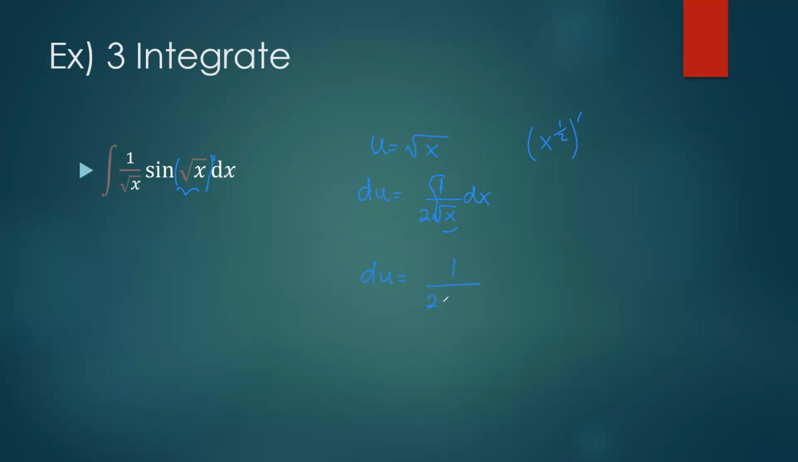And how would you do so? By multiplying both sides by 2, right? So on the left, it's 2 du, and then on the right, 2 times this, the 2's cancel, and you're just left with 1 over radical x dx. Okay? So it's going to be 1 over, and then just replace square root of x with u. And then we can replace